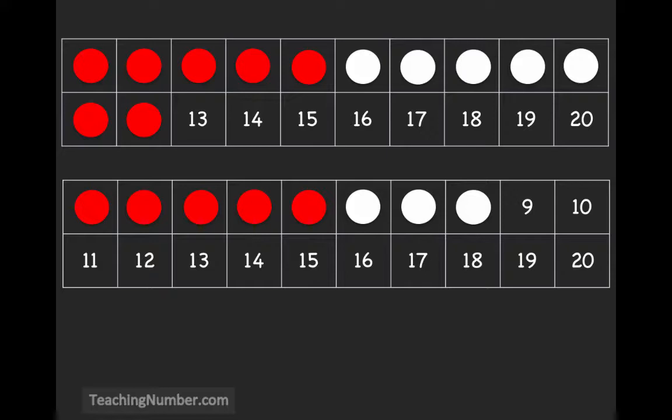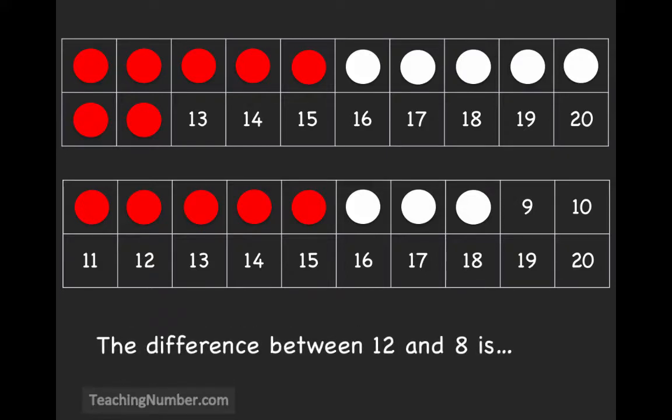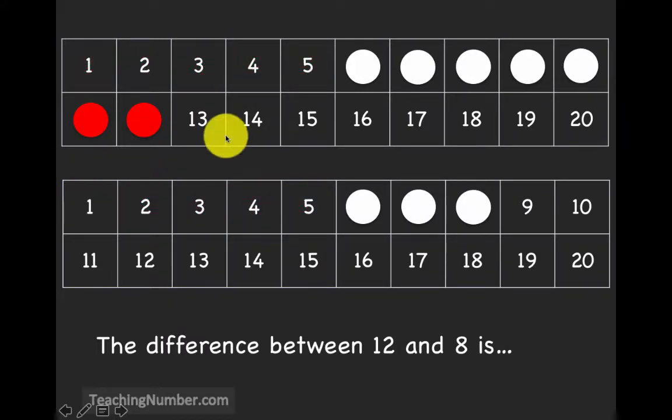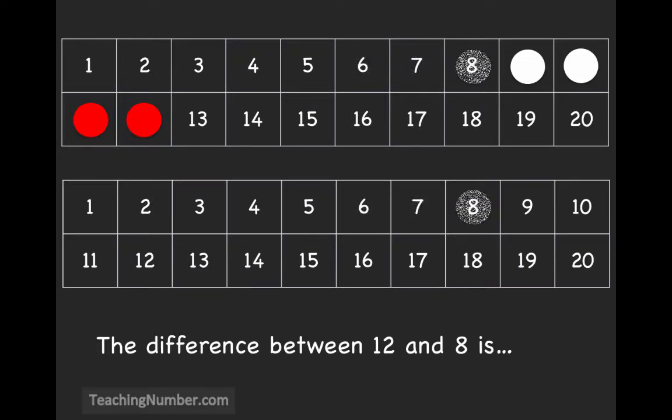In the top MathRack number grid, we have 12. In the bottom MathRack number grid, we have 8. So we are looking for the difference between 12 and 8. We can see that in both MathRack number grids, we have a block of 5. So let's remove that. Then we can see that we have 1, 2, 3 more counters that are the same. So let's remove those. And now we are left with the counters that are different. We can see that we have 2 and 2, so we know that the difference between 12 and 8 is